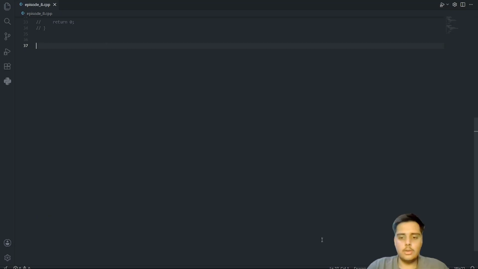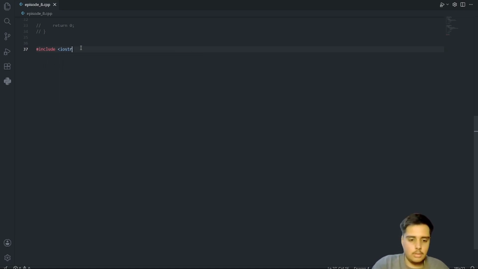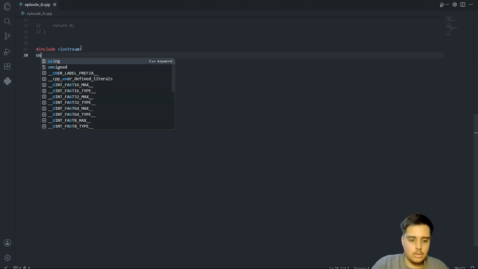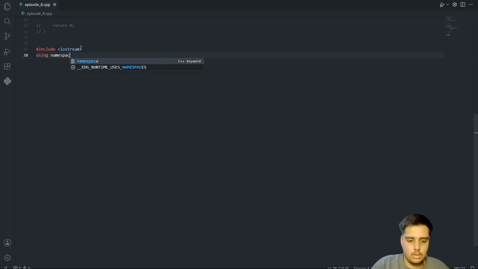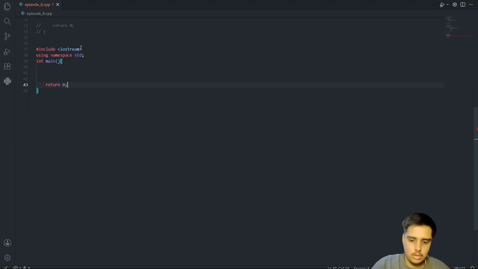So coming to the question, let me start solving it. So alphabet rectangle question. Firstly, let me write all of the required iostream, using namespace std, int main, return 0.